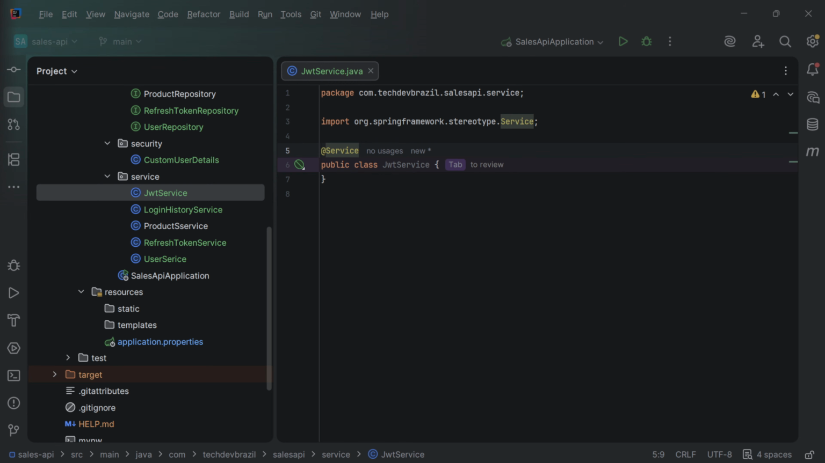And in our JWT service, we are going to import a few pieces of information here, and I'm also going to paste here, because it's code that you'll be able to use in your enterprise projects. So let's just get a little bit of time, because it's